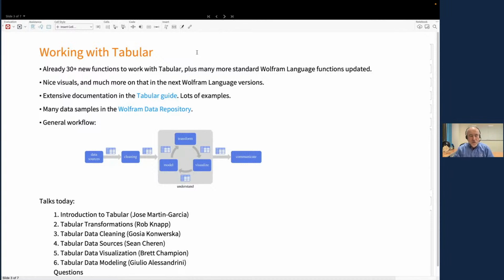The standard workflow with Tabular is represented here. Wolfram Language 14.2 already adds more than 30 new functions to work with Tabular, and the traditional structural functions of the language have been updated to work with Tabular too. Tabular already offers nice visuals, and in future versions of the language, we will improve on that. There is extensive documentation already, and we